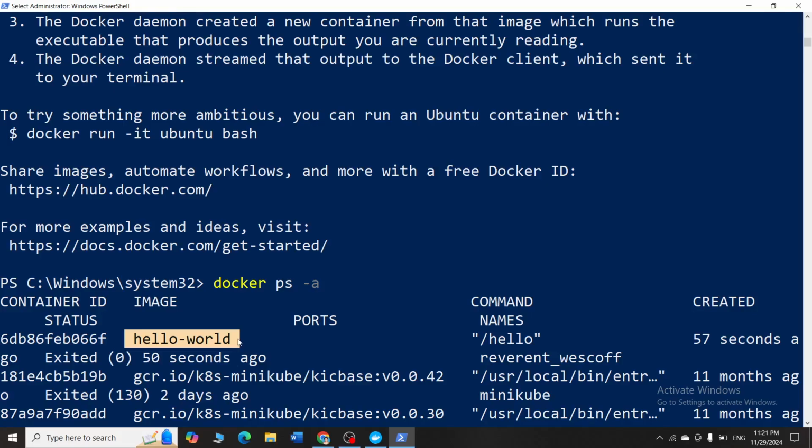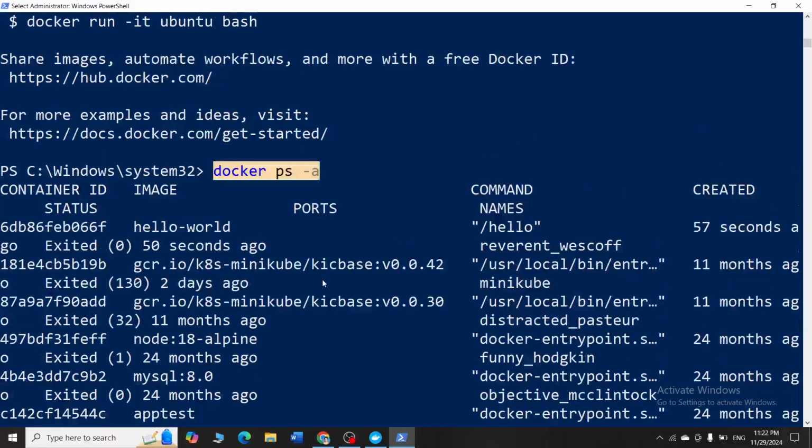You can see my hello-world has exited; its status is exited. Docker ps -a will give you the container ID, image name, the command used to run that container, when it was created, its status, whether exited or running, the port it is running on, and the name of the container. All this information is displayed whenever you type docker ps -a.